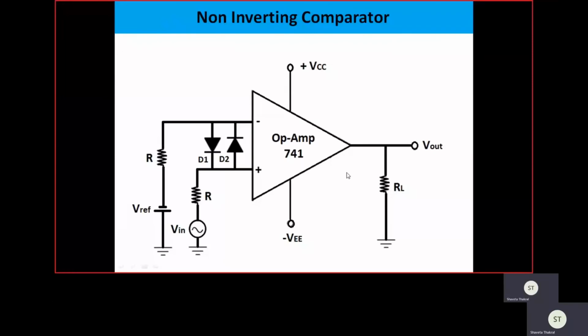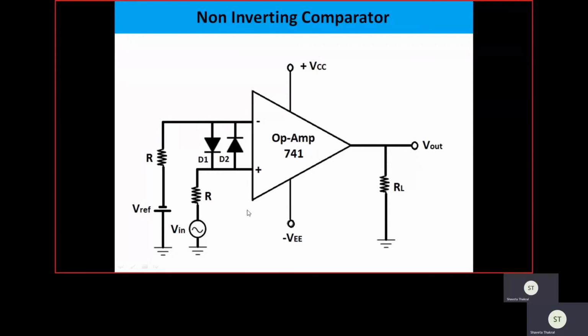This is the circuit diagram of the non-inverting comparator. In the non-inverting comparator, the input analog signal is provided to the non-inverting input terminal of the operational amplifier. As we have discussed, the comparator is comparing the analog input voltage with the reference voltage. So that reference voltage is provided to the inverting input terminal of the operational amplifier, and this operational amplifier, acting as a differential amplifier, is comparing these two input voltages, the analog input voltage and the reference voltage, and based on the comparison it is generating the result at the output.